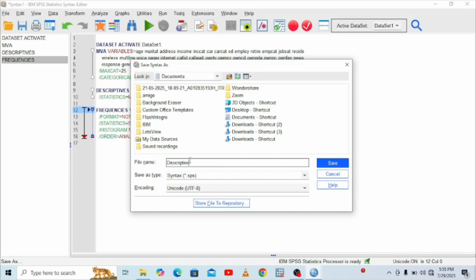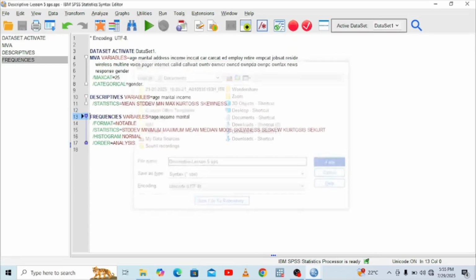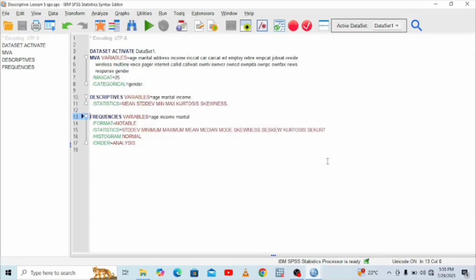I want to save it as descriptives. Let me just save it as descriptive lesson 5 SPSS. So this is how I save this syntax file, and when I need it for reference, I'll be able to get it,